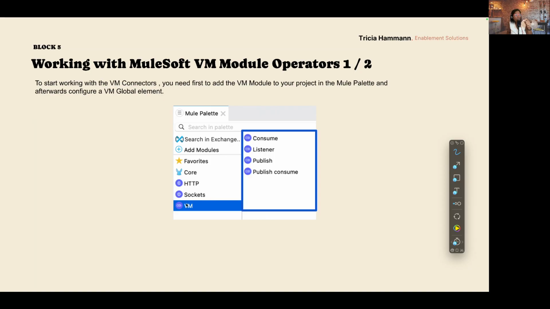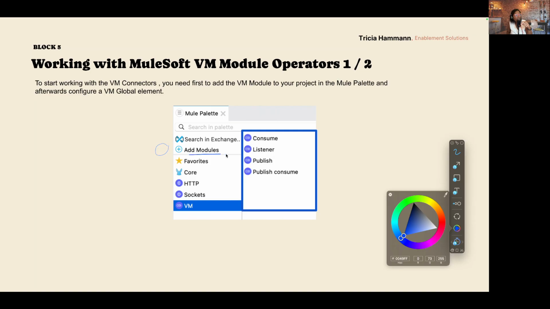The VM module needs to be added in the Mule palette by clicking on Add Modules, and then you will need to drag and drop the VM module from the left to the right. And as soon as you have done this, you will be able to see the VM module added to the palette, and additionally, added also to your project as a dependency.